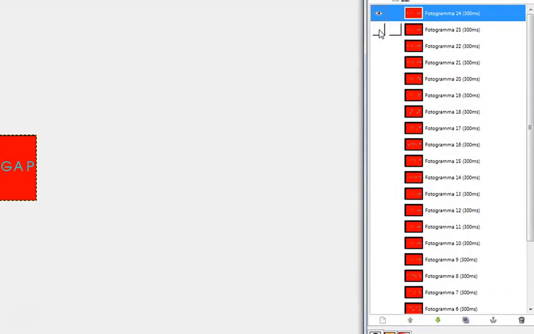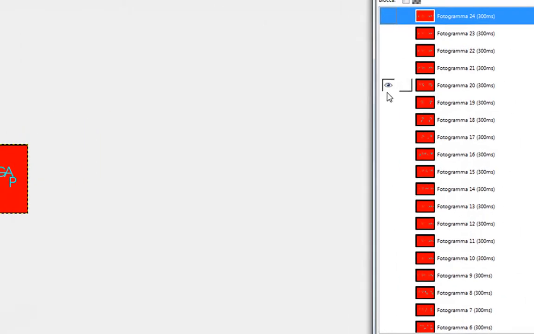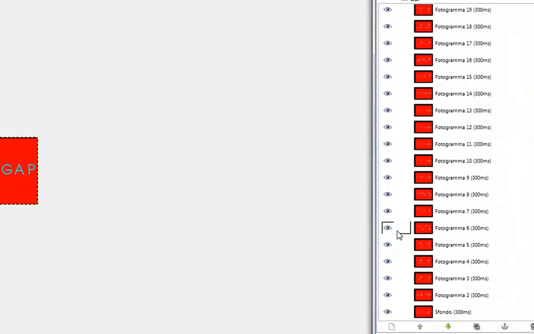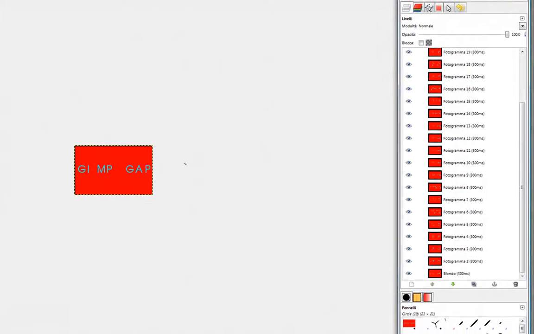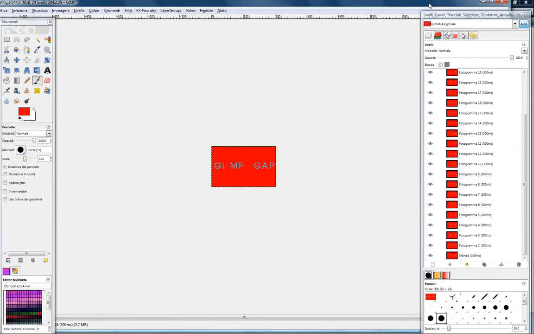If we shift click on the layer visibility icon, we will notice the changes in the animation, for as long as we activate the exclusive view one by one. In this way, we are able to visualize this simple letter moving animation walking through all of the layers as if they were video frames. It will allow you to view the movement of the letters. If we shift click on an already activated layer view icon, we activate the rest of the layer view icons in the layers dialog. Now we need to encode it in an AVI file.